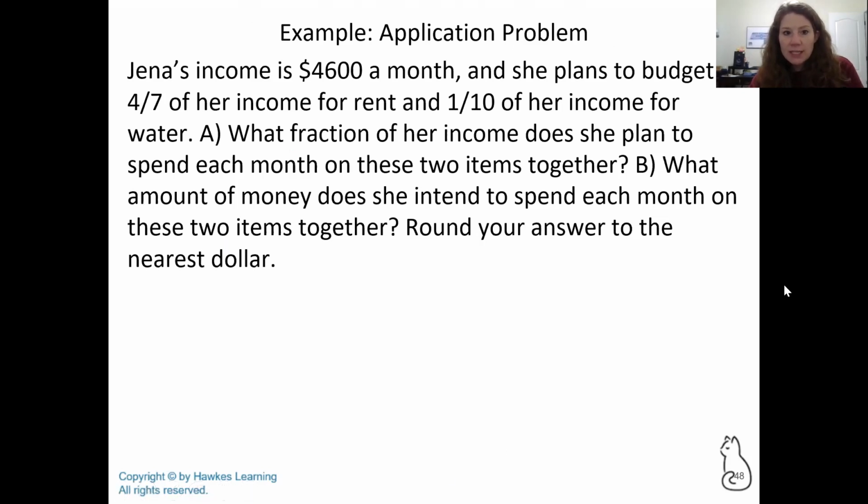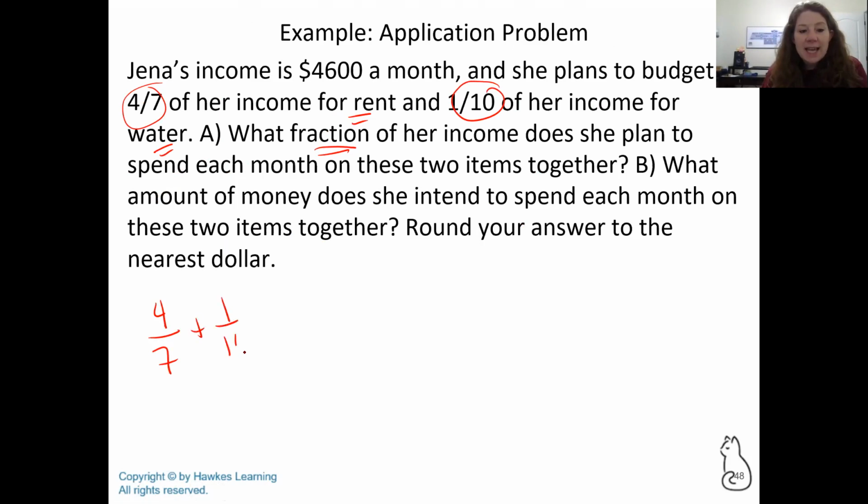All right, so what about the next one? It says Jenna's income is $4,600 a month, and she plans to budget 4/7 of her income for rent, 1/10 of her income for water. What fraction of her income does she plan to spend each month on these two items together? What fraction? So basically, we're adding together 4/7 plus 1/10. So we're going to stick that right in our calculators. And we're going to do 4/7 plus 1/10